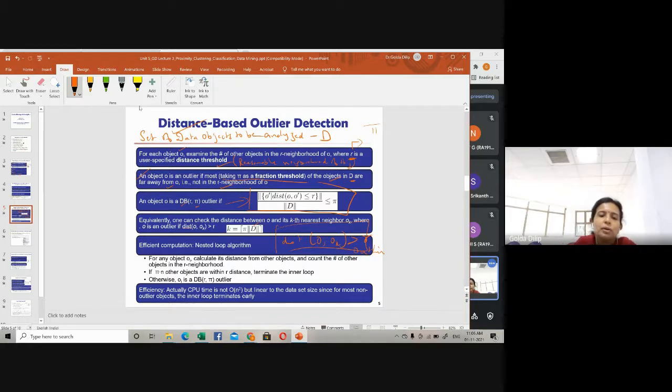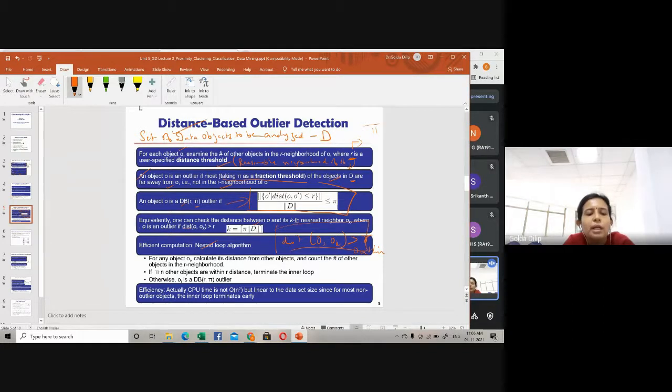Because in such a case there are fewer than k objects, except for O, that are in the threshold neighborhood of O. So rather than going for this computation, you can even go for a nested loop algorithm for efficient computation. That's what is mentioned here. This is a little more straightforward method, which basically checks the r-neighborhood of every object, so you can make use of this nested loop algorithm.